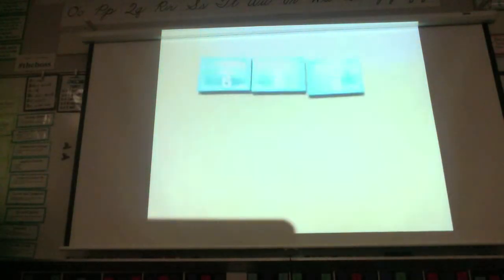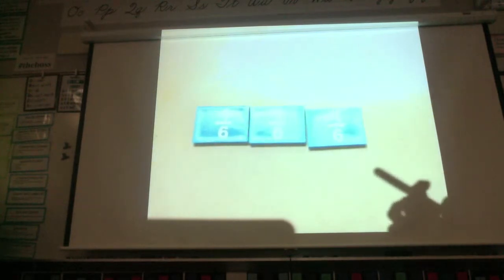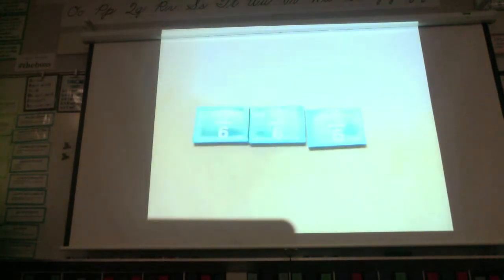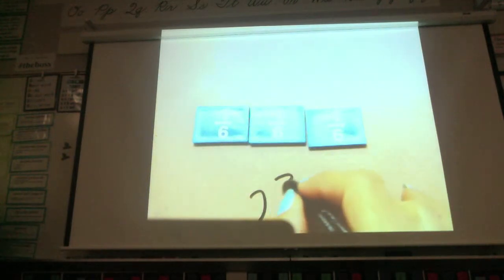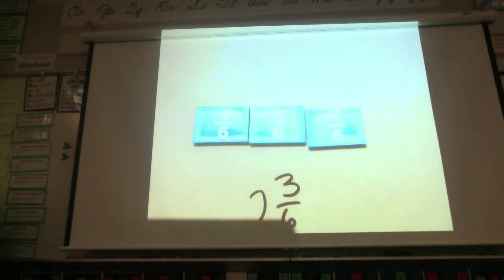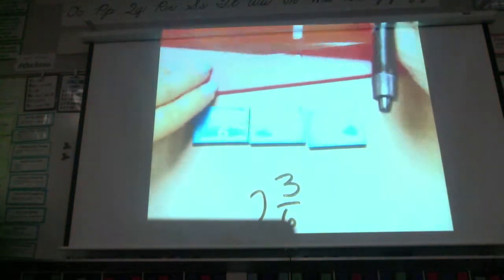Okay, let me go back up to my 3 sixths. That would look like 2 wholes and 3 sixths, right? Can I borrow your whole for a second, Shane? So it looks like this: 2 wholes